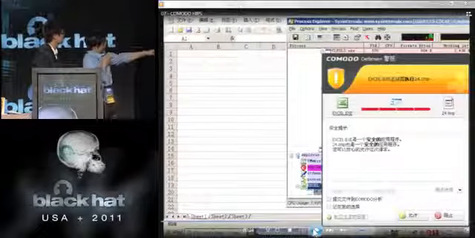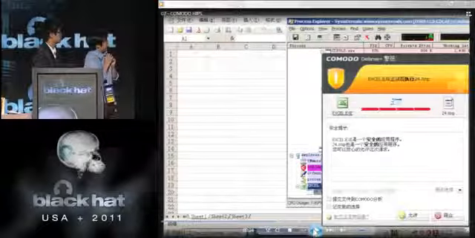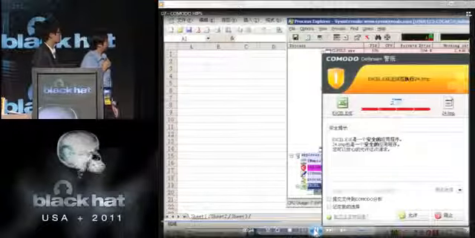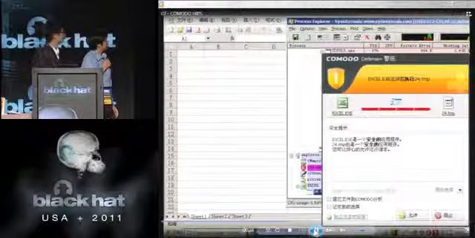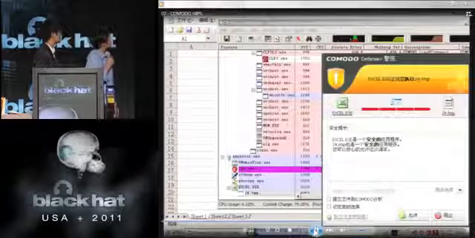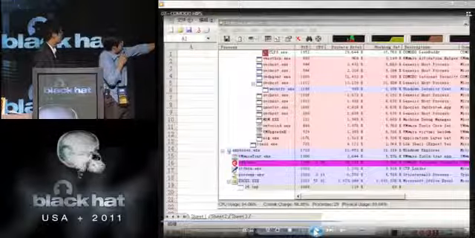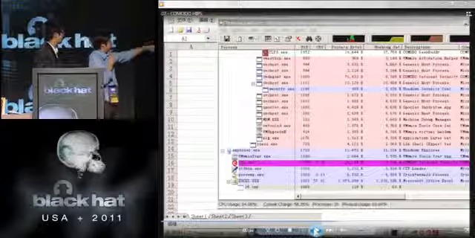Now it detects the exploit, so it asks the user to block this. Yeah, this Excel launch, this exploit, is blocked.